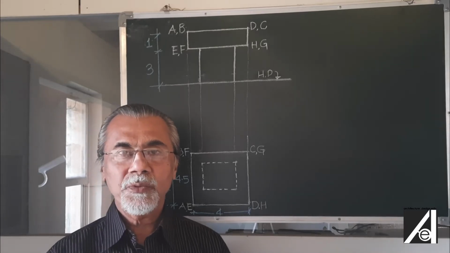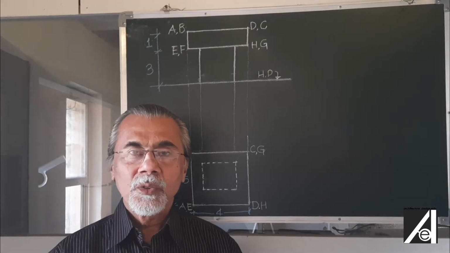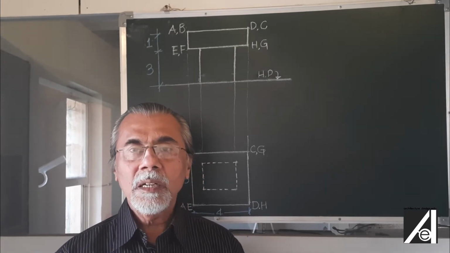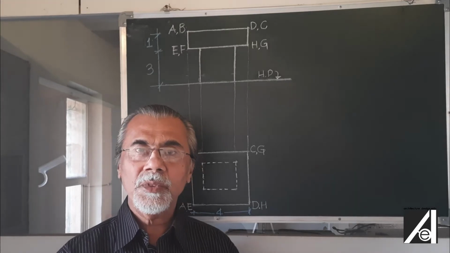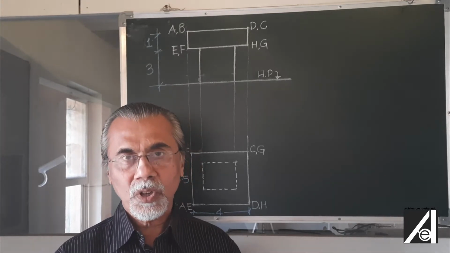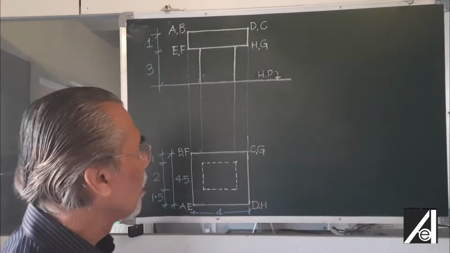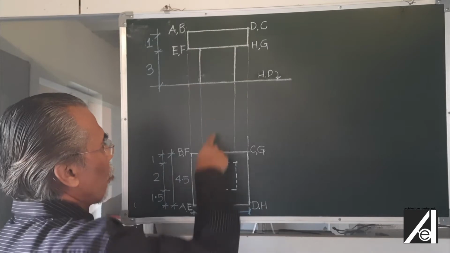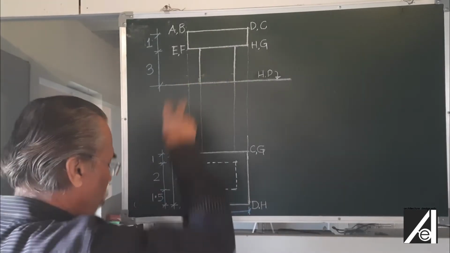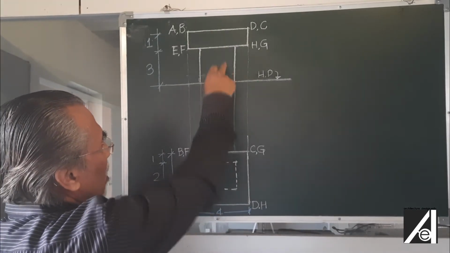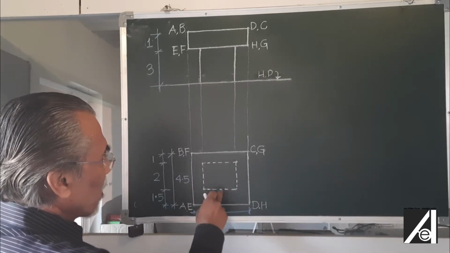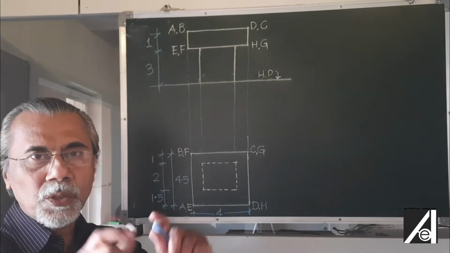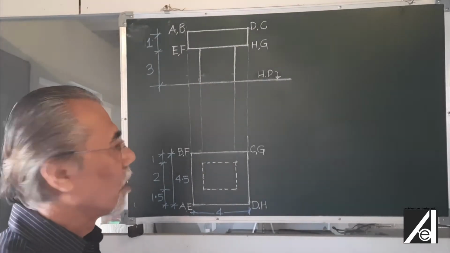So we have different kinds of solids here, put one above the other, so that one solid casts a shadow on the other, and also the combination of these two solids casts a shadow on the ground. We have an example here where there is a cube slab kept on the cuboid. The cuboid is kept perpendicular to the HP. So now you have one object and another object with two distinct shapes, solids.